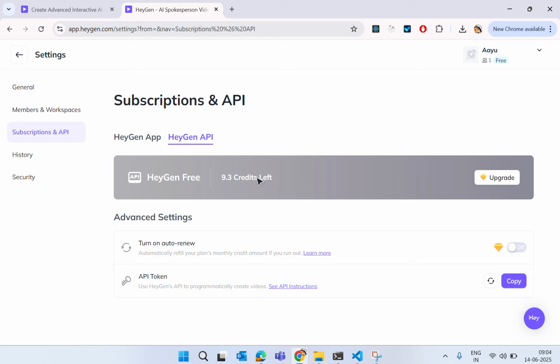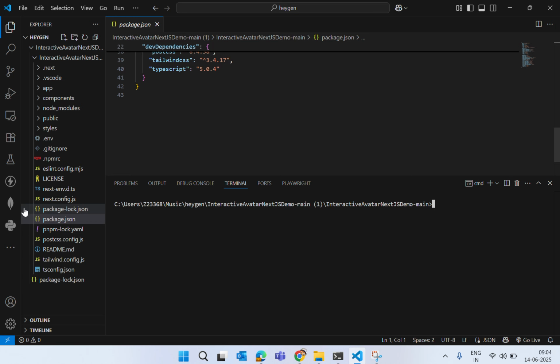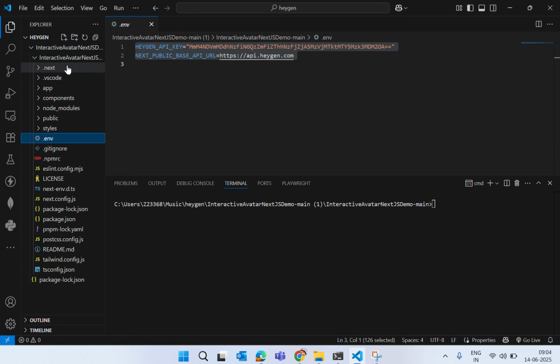I have 9.3 credits left, since you get 10 credits in the free trial. Just copy your API token from here and paste it in the env file within the project, which you can find in the root of your project.